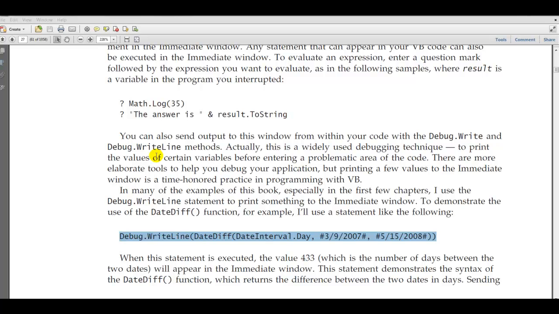Okay, now here's something else that you can do if you're trying to debug. They say you can, I think this works, you can also send output to this window from within your code. So you can actually put something in your code, and you should see the result in the immediate window. And the way that you do that is you use something like this: debug write line or debug write. So actually for example, here you put this code in your code, and we don't necessarily understand this, but what this does is